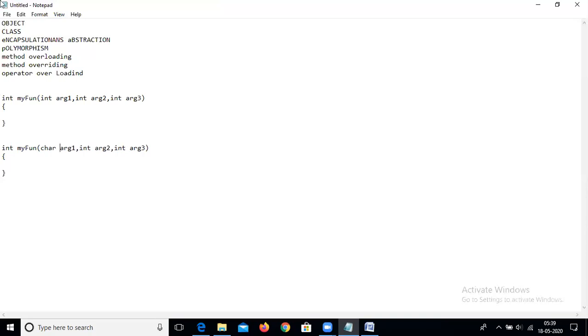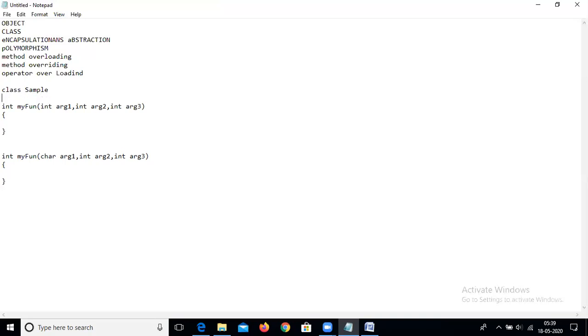These are two functions in the class. So this is called method overloading. At runtime, which function is called depends on the arguments.